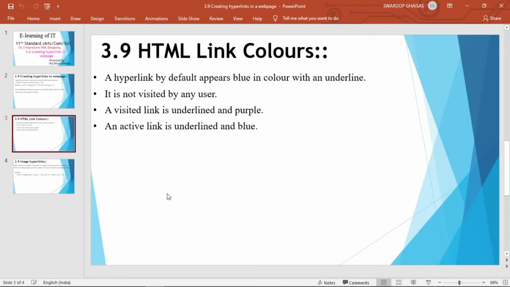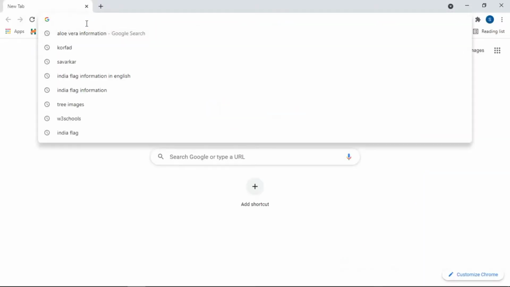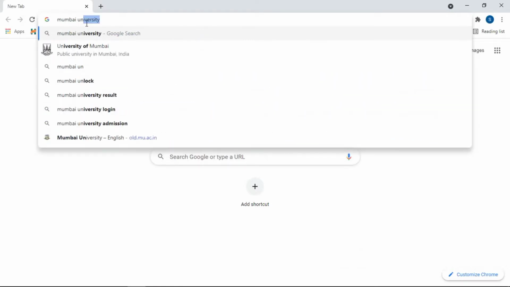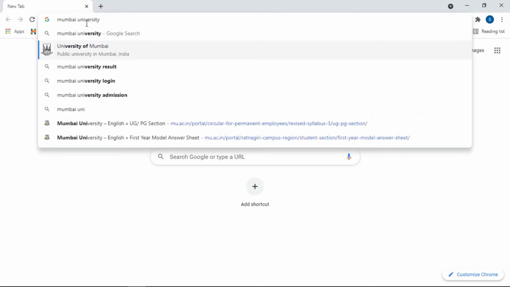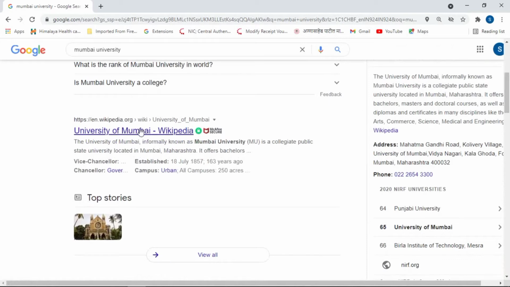You can see, if we search any content here, suppose University of Mumbai, then see here, by default hyperlinks appear in blue color with an underline. You can check here. These are the hyperlinks which have blue color and underline.